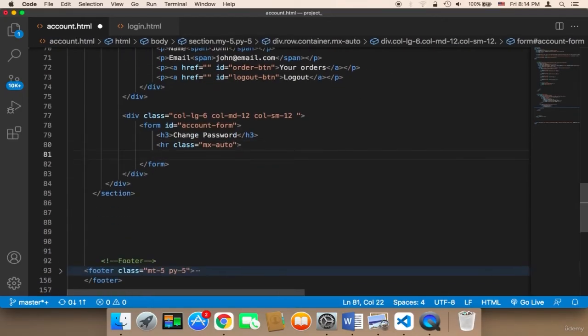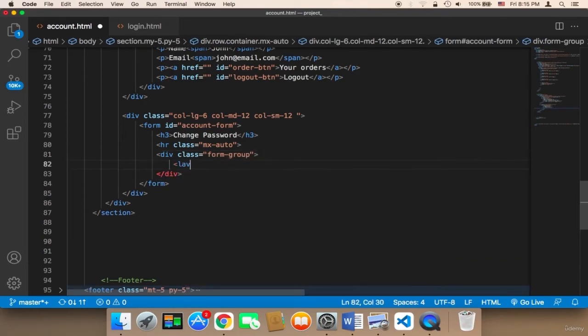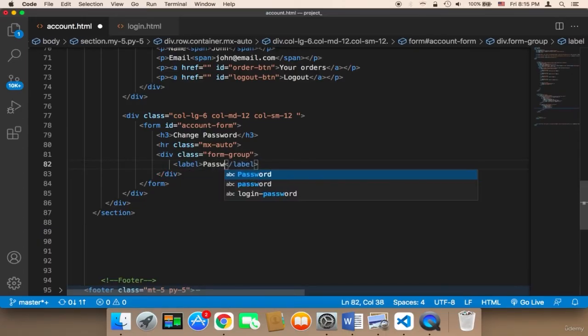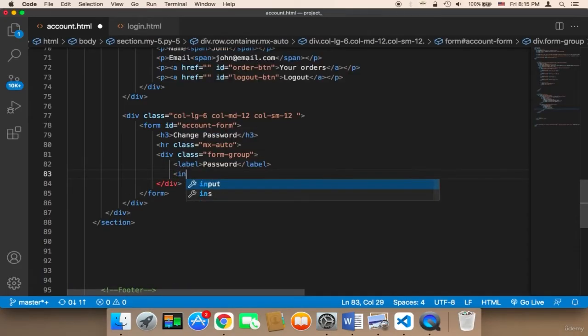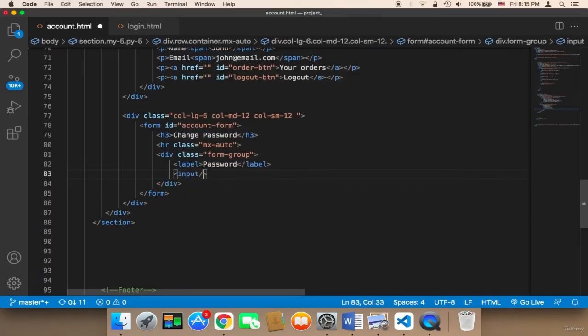So we need two inputs, so I'm going to say div, and then I'm going to give it a class. So the class is going to be just form-group, and inside it we need a label and input. So for the label, I'm just going to say password. Below this label, we need an input. So I'm going to say input, and I'm going to say type password,